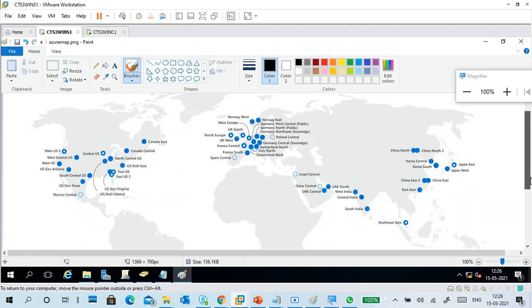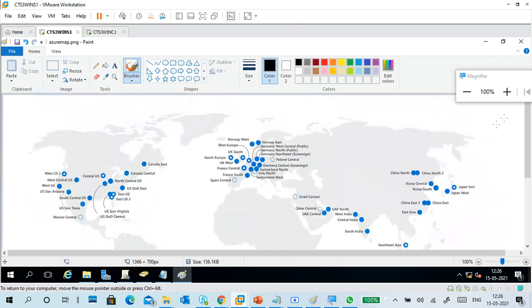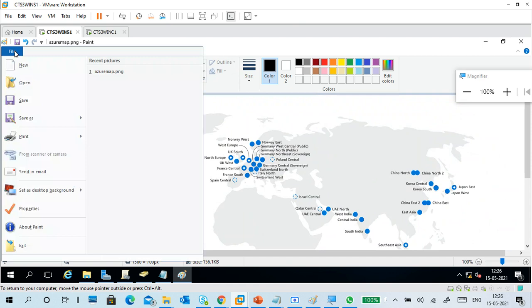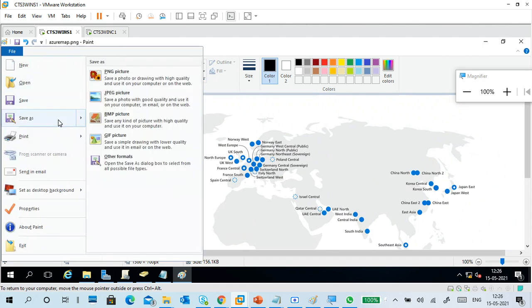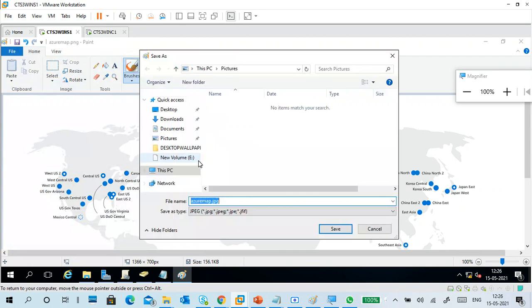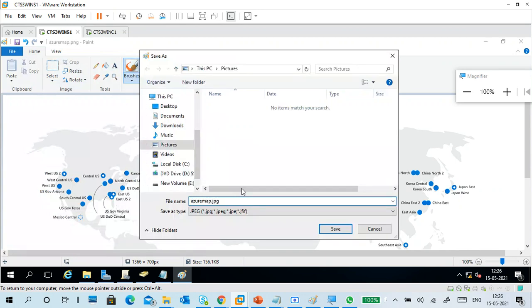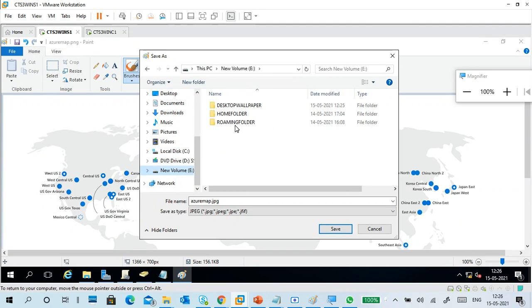Click OK. Now the shape is a little bit changed, so I'm saving it, or you can do Save As, like this, save as JPG, or just Save also, no problem. The location is the E drive.